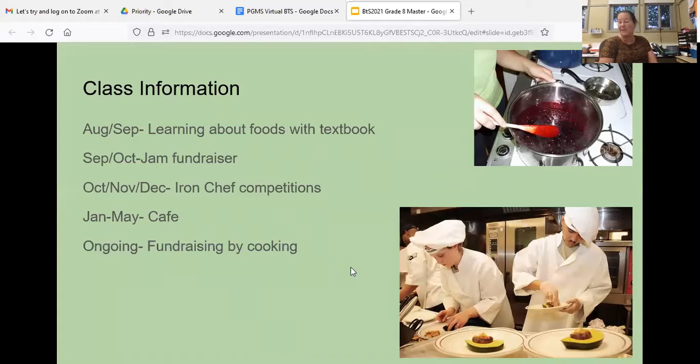Since it's the first time I've taught this class, I'm not quite sure about how the months are going to work out. But right now we're working on learning about foods and cooking within the textbook and just starting to get them into the kitchen a little bit to explore and see what's in there. Because when they were in 7th grade home ec last year, it was virtual. So they haven't stepped foot in the school kitchen yet. We'll do a jam fundraiser